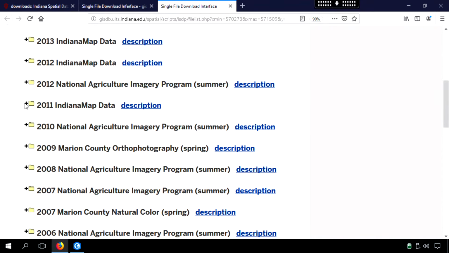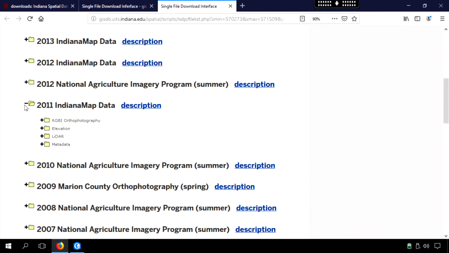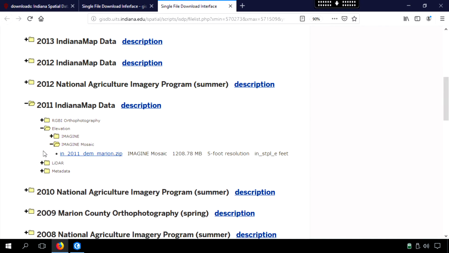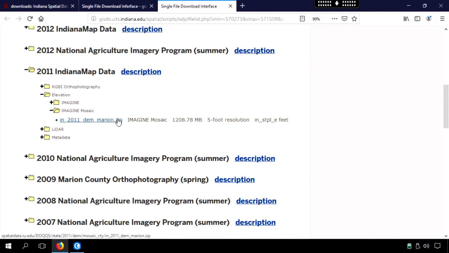In this case, we're going to use the 2011 Indiana map data and expand that, and we're going to start off by using the Imagine Mosaic, which is a DEM of Marion County using a 5-foot resolution. So it's a very, very good resolution, and so the pixels are going to be very, very small. So it's going to take a while to zoom into them, and so the resolution is quite high in this